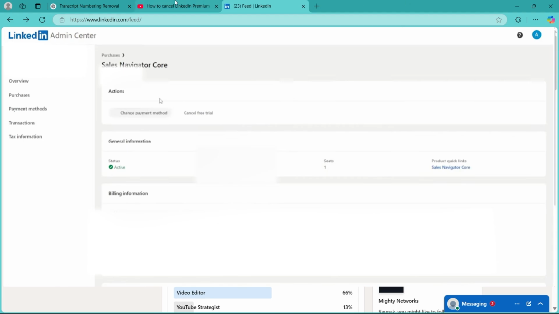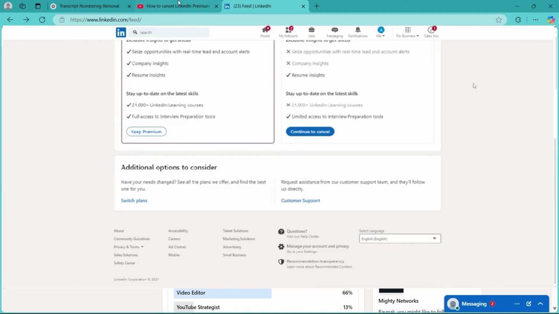In the active purchases, click on the purchase that you want to cancel and you will see the cancel free trial option available just right there. Now, click on the option and continue to cancel. And after you do this, your LinkedIn Premium free trial will be successfully